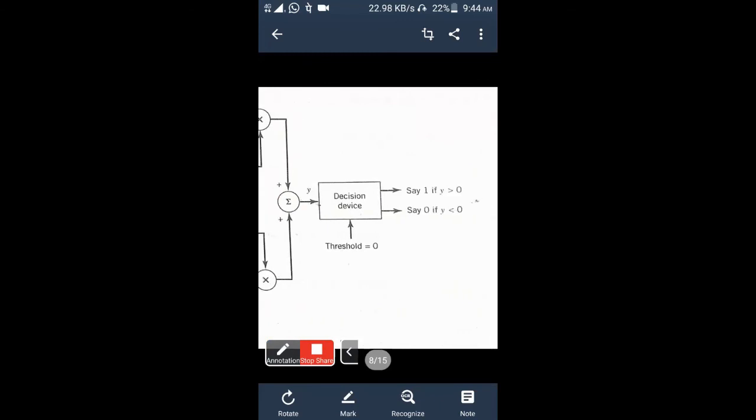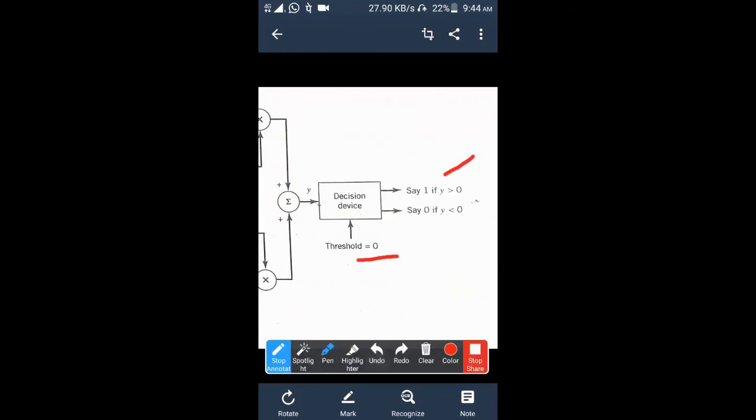So my conclusion: decision making will always be with respect to 0. Reason: the y value is either positive or negative. If the y value is positive, that is more than 0, it is bit 1. Less than 0, it is bit 0. This is how the DPSK receiver works. Basically, DPSK is a very simple operation, but you have to understand it in detail in your own way. Just looking at the waveforms, sometimes you won't understand the operation. If you understand the DPSK operation, this is the easiest one to write and understand in the exam.